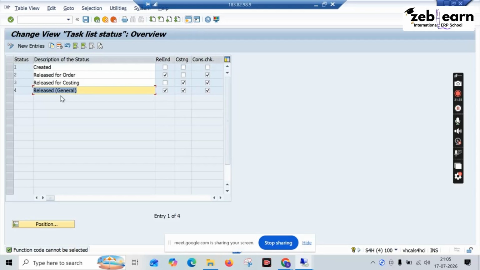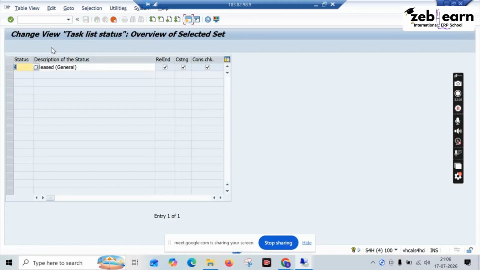That is why I am selecting the 4 as general, because these are specific, these are only order specific, these are only costing specific, correct? And there is nothing else, so that is why I am selecting release as general, so all checks will be available, correct? If you want to create new, you have to create new, but remember to follow this standard general one. Go there, select fifth,